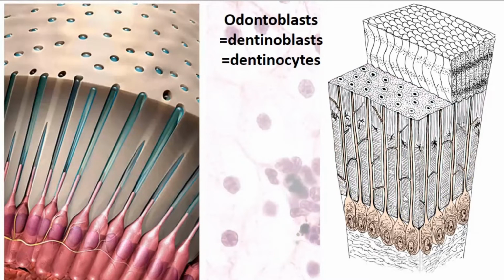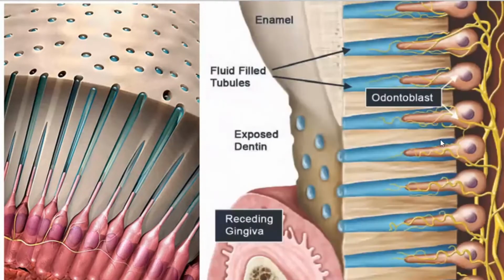Here you can see tubules, they have radial directions, and they are located under the enamel. And here we can see tubules and these odontoblasts, and they have long processes which enter the dentine tubules, and also some sensory nerve endings may enter here, and it's a sensory function. And in some cases, for example, when there is a receding gingiva, or when enamel is broken, those dentine tubules are open,